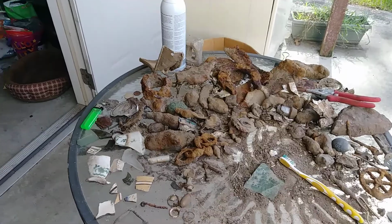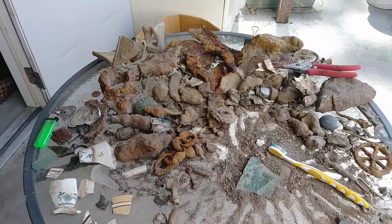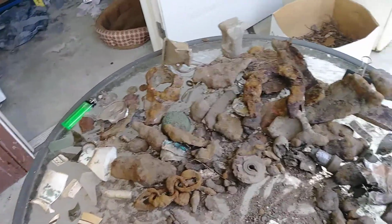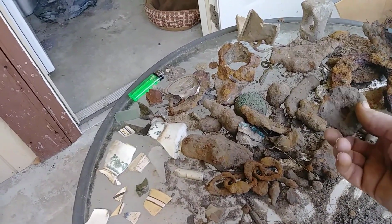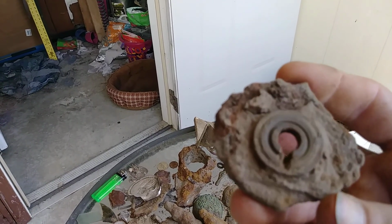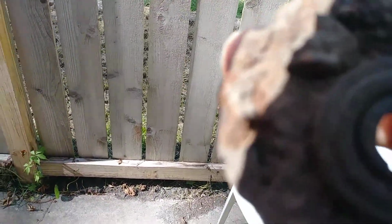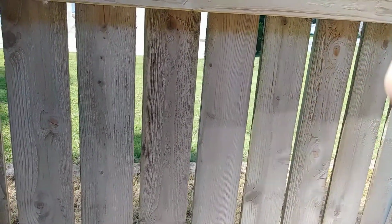And this is some of the stuff I found with the AT Pro since I've had it. A lot of iron. And I know all metal detectors, they get fooled by the iron. But this right here, I just thought this was a piece of iron, which it is a piece of iron. And I started to rub it just right before I walked out here. And I said, well, man, that kind of looks like a fuse off of a shell. Don't it to you guys? It's brass. That part is brass. Here we go with the sun again. That part is brass. I don't see any numbers or anything, but it's got some fancy